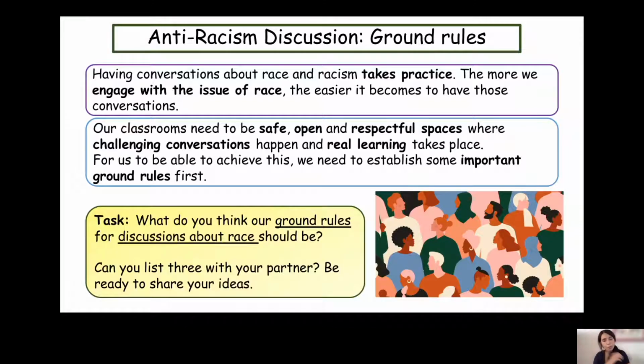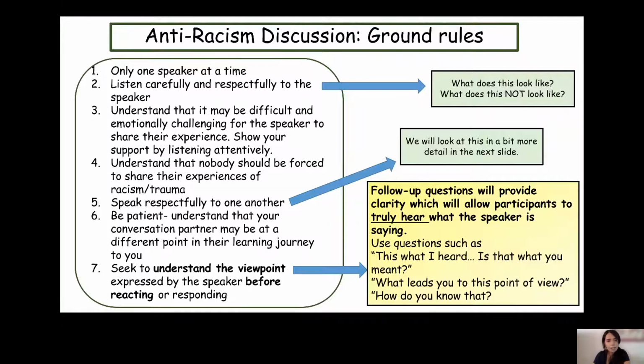The ground rules. So do preface the session with reassurance. Do reassure students that they will find it challenging at first, but the more that they have these conversations in class over time, the easier it will become. Ask students to talk to their partner about what they think the ground rules for discussion should be. Then feedback whole class. When you've fed back, take some time to really drill down on some of these key